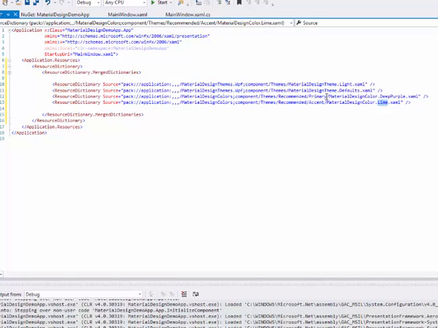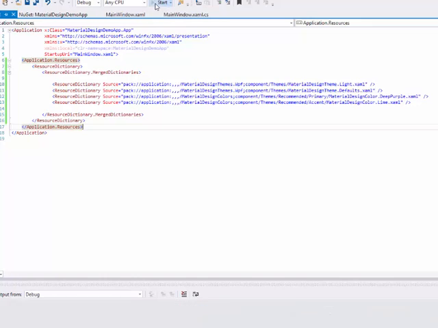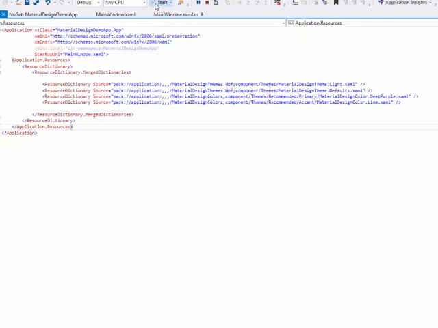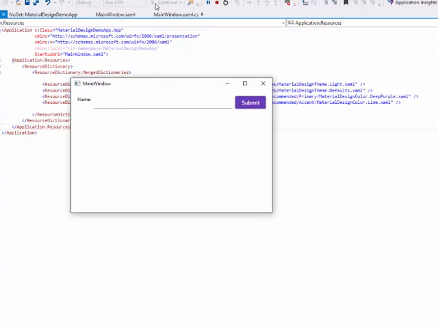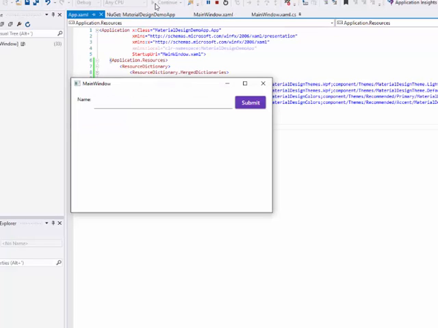So we have a primary colour and an accent colour. The primary colour has 3 different hues, and the accent just has the one. You can see we've got deep purple and lime. Okay, so now hopefully just by bringing in those 4 resources, we're going to see something. There we go. Okay, so straight away now